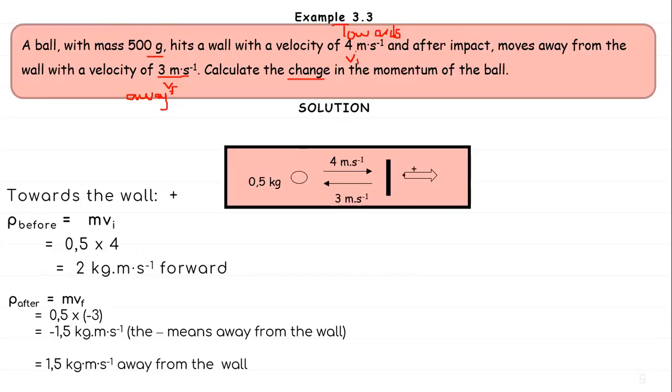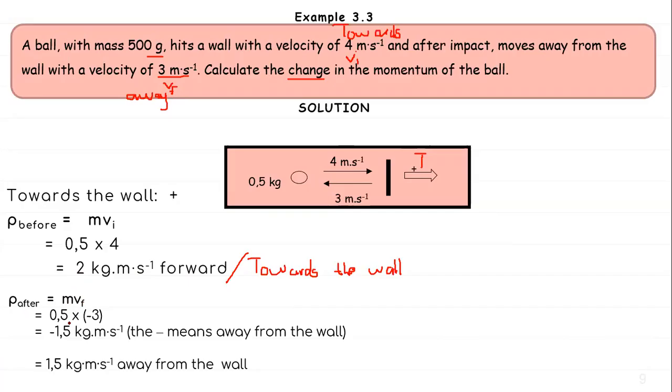So based on this diagram, you can see that I chose towards the wall as positive, and hence the initial velocity is a positive 4. So it's 2 kilograms dot meter per second, which is forward, or another learner could have just said this is towards the wall, right? Then the momentum that the object has after the collision is P is equal to m times the